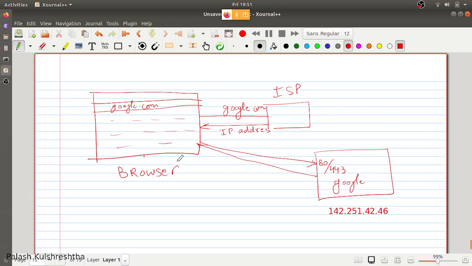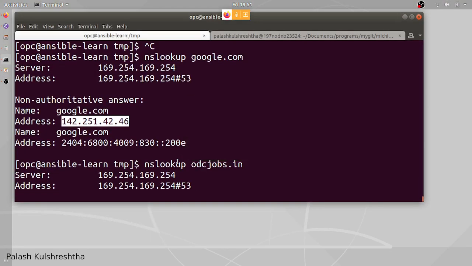So this is the way this works, and google.com is basically a human readable way of remembering IPs of particular services or servers.